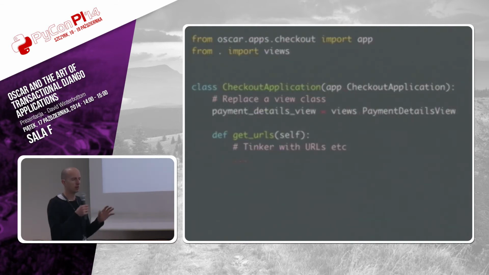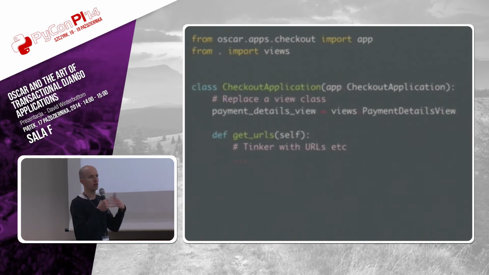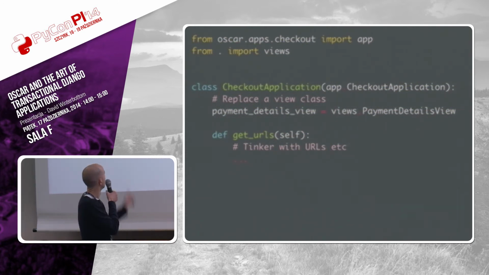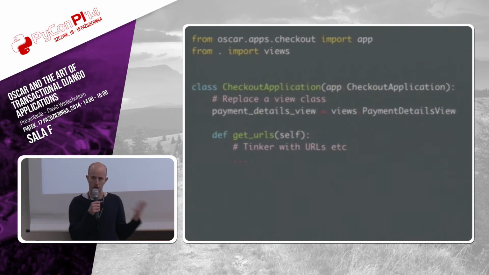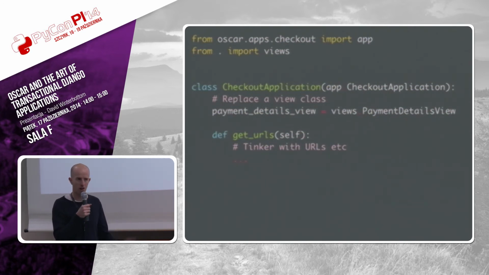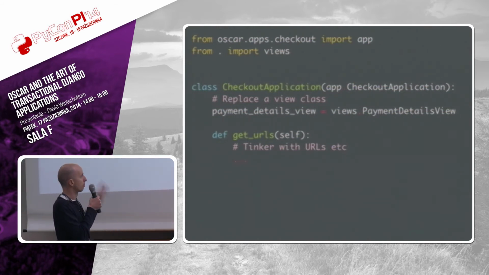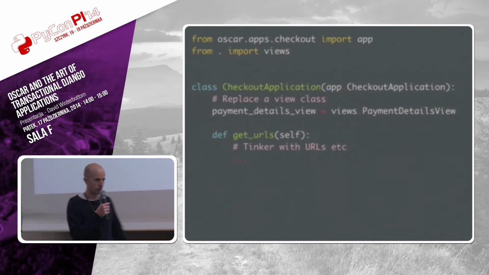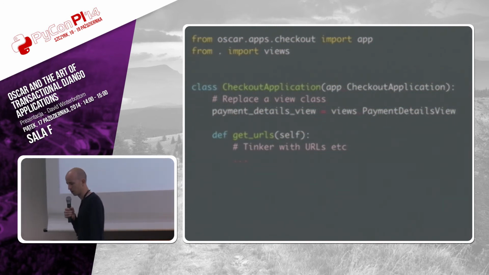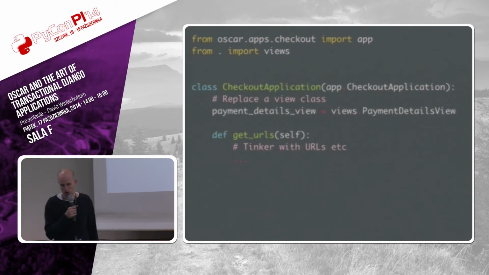And then in this way, using these classes to do your routing in effect by linking view classes with URLs, we can use the same technique we saw before, where you can subclass and just override the little bits you want to. So in this example, this is quite common where you want to change the payment details view of checkout, because every shop needs to do their own payment logic. You can just create your own checkout application class and then change just that attribute which links to the payment details view. And then you can install your own one that does whatever you want.